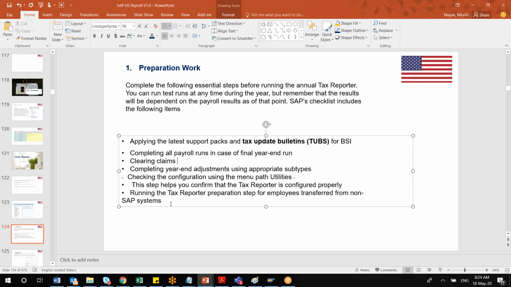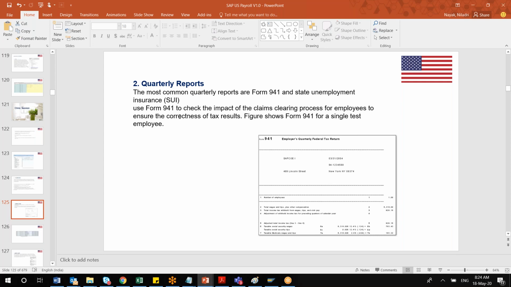This applies if you are going for a new go-live project. So these are the different checkpoints as preparation work. I put it across in a single deck so that it will be helpful. Any questions before we go ahead? No, we'll go into details of this one, so I'm very interested to know how it's done. Yes, we will go into detail so that you will understand.